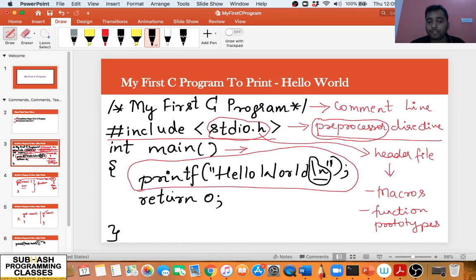we will have to include its function prototype which is present in the header file stdio.h, and if I want to include stdio.h, then I will have to tell the preprocessor to include it via the statement #include stdio.h, which is nothing but the preprocessor directive. And then this return 0 is the last statement which indicates that this program has